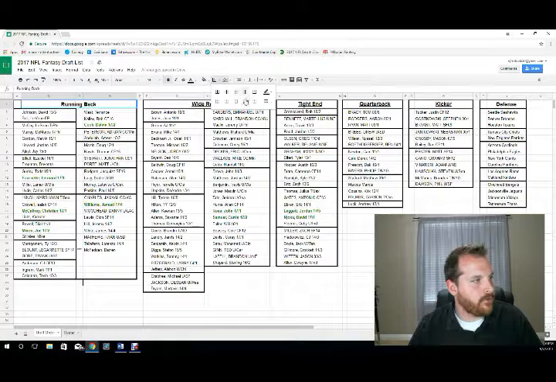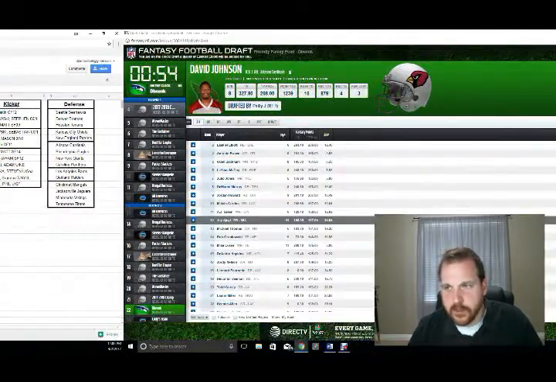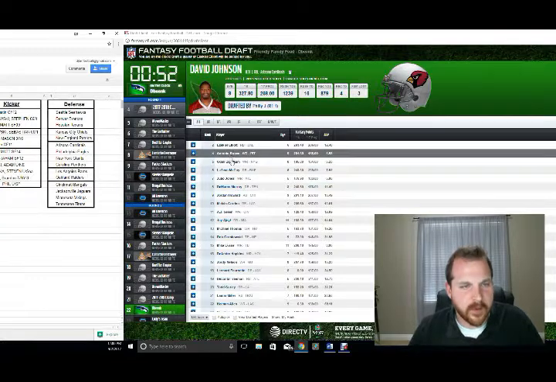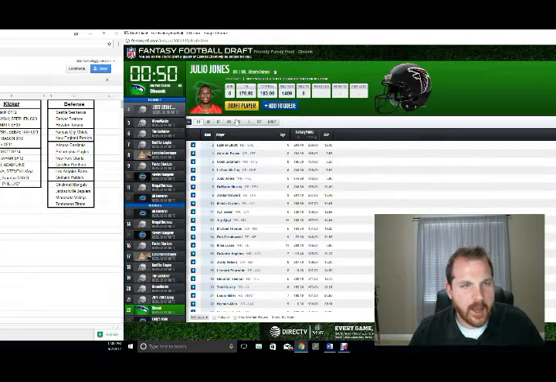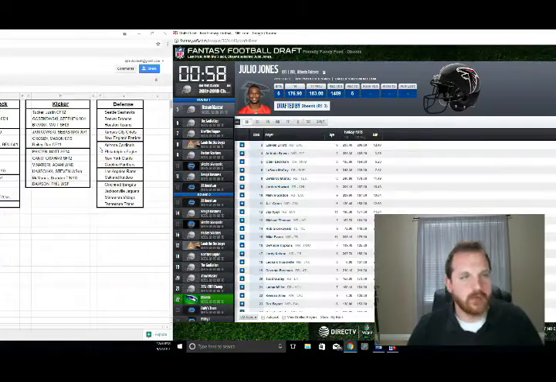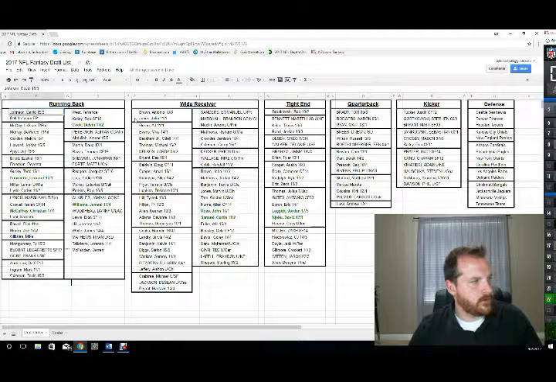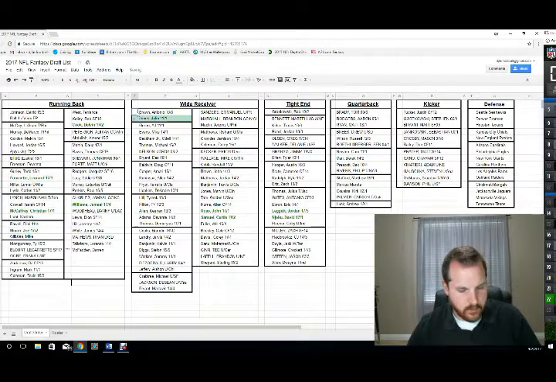And we're off. It's my turn. So we had Le'Veon Bell, David Johnson off. I am going to go ahead and start with a wide receiver. Julio Jones. Julio. All right. So I just track who's been taken